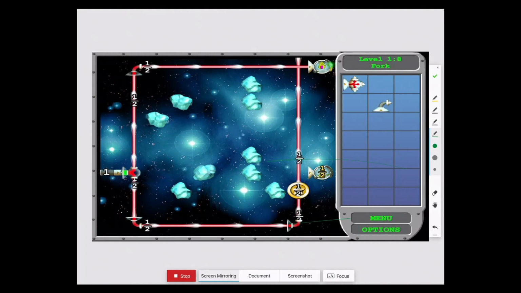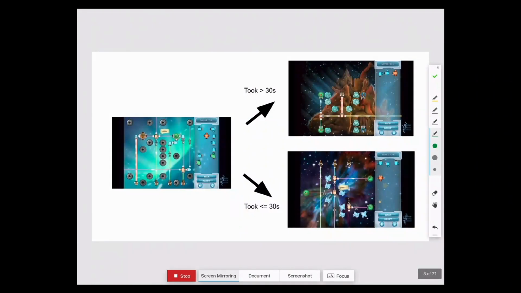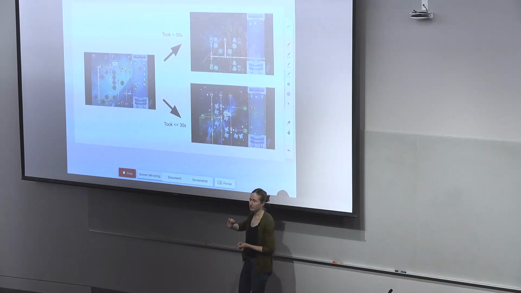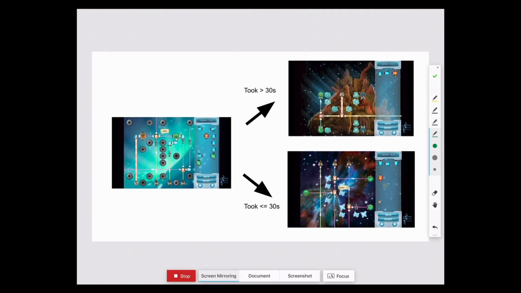The question that we were trying to think about in this case is, given the history of previous activities we've given to the student and their performance on those activities, what is the next activity we should give to them? That's how it relates to reinforcement learning. So we would think of something like this. Maybe, depending on whether they took less than 30 seconds to complete the previous level or more than 30 seconds, we would give them different activities next. Now, that's obviously a very simple state representation, just amount of time. You could imagine all sorts of much more complicated ones: what did they actually do? Did they make mistakes, et cetera? And using that information to figure out what's the next activity to give to them.